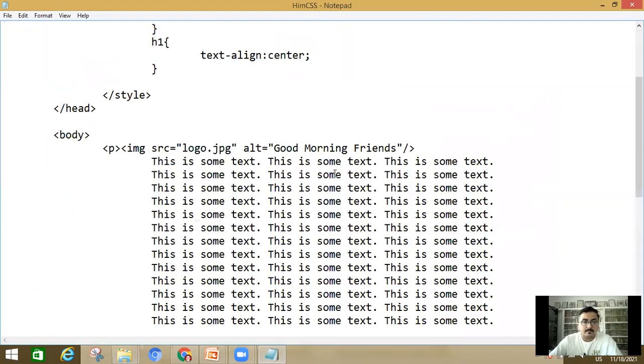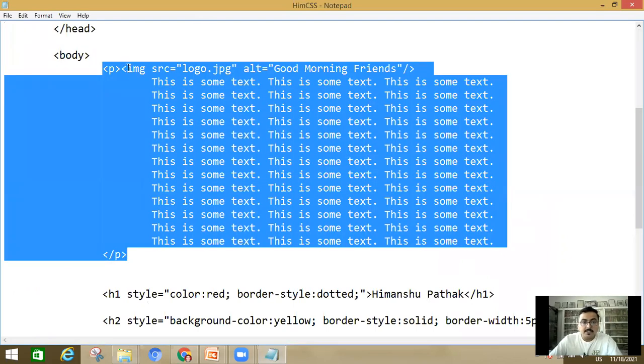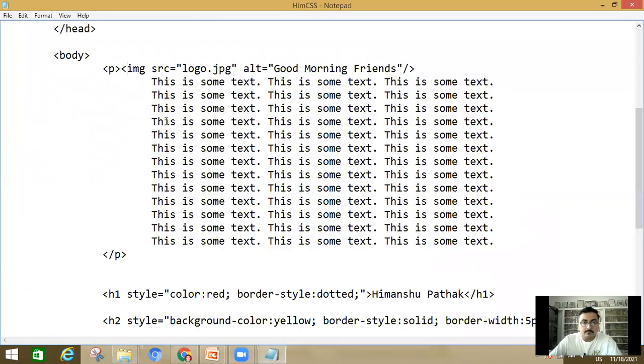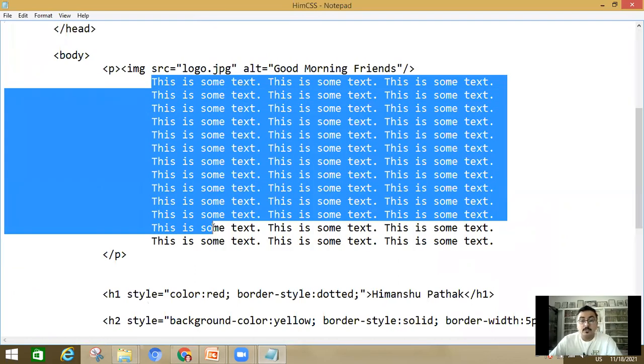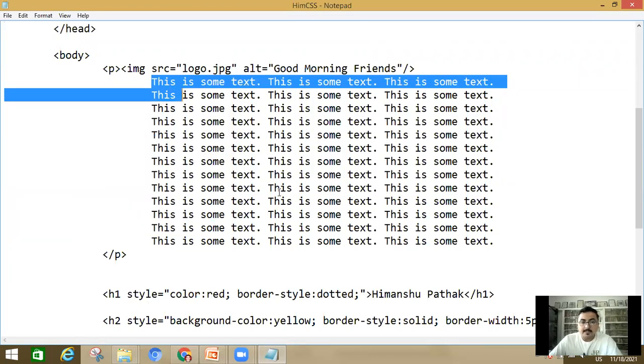Here, what I have done is I have included in the paragraph one image and some text to give you the example for the float positioning of the content. So here a logo will appear and the text.